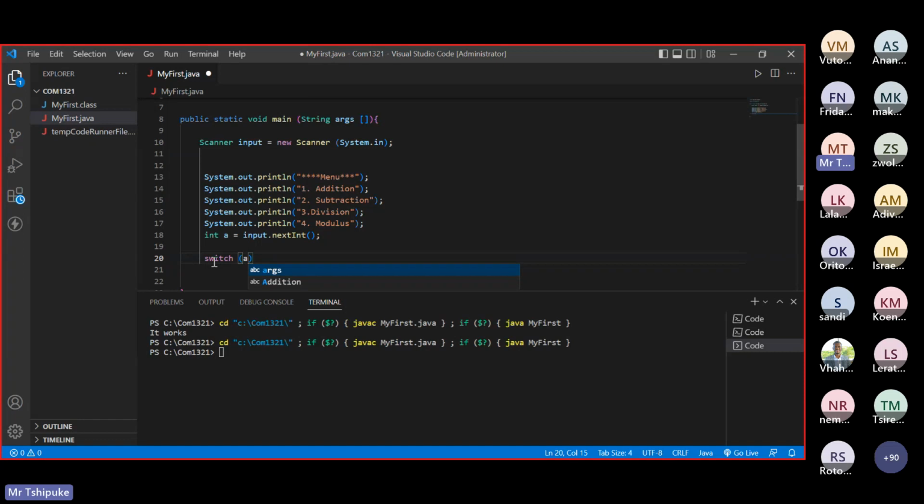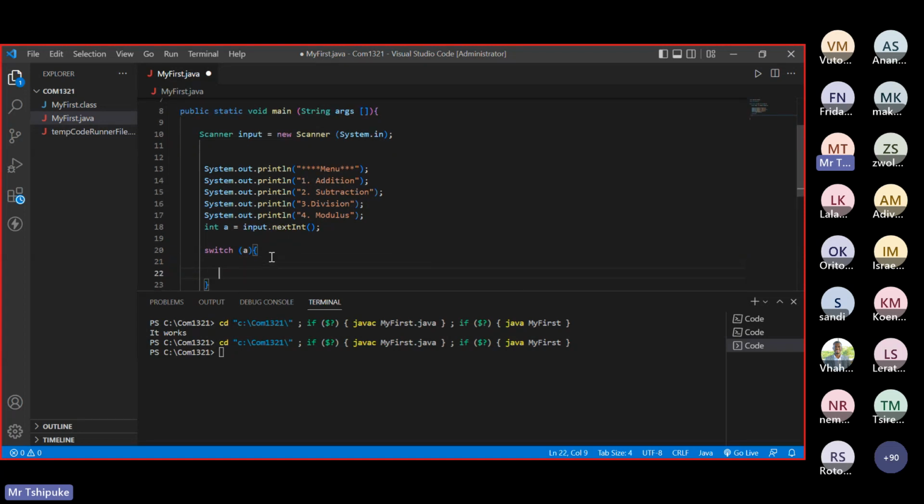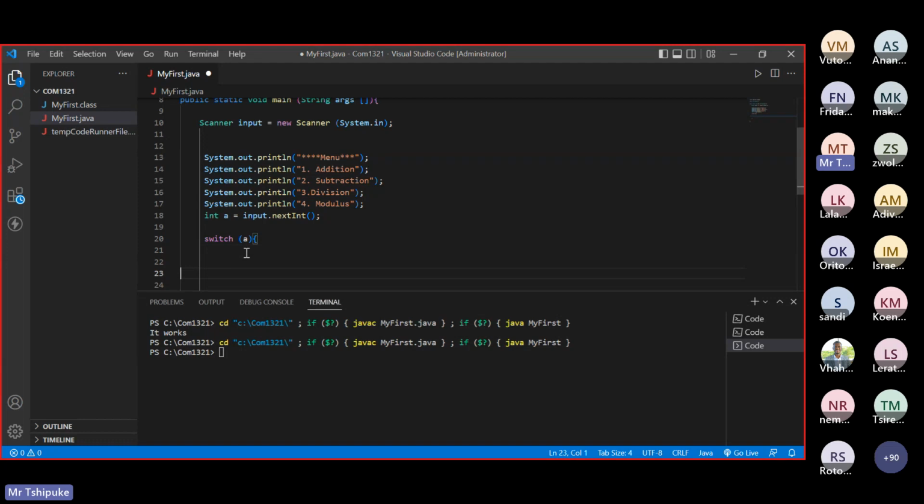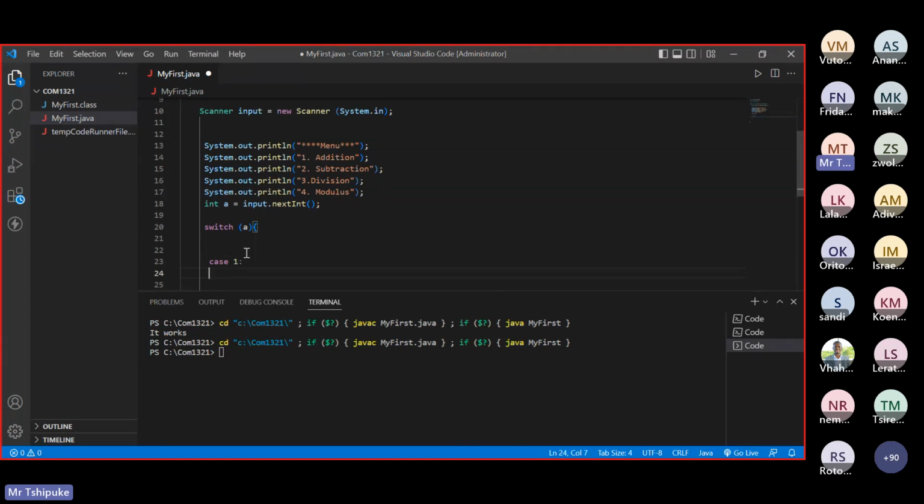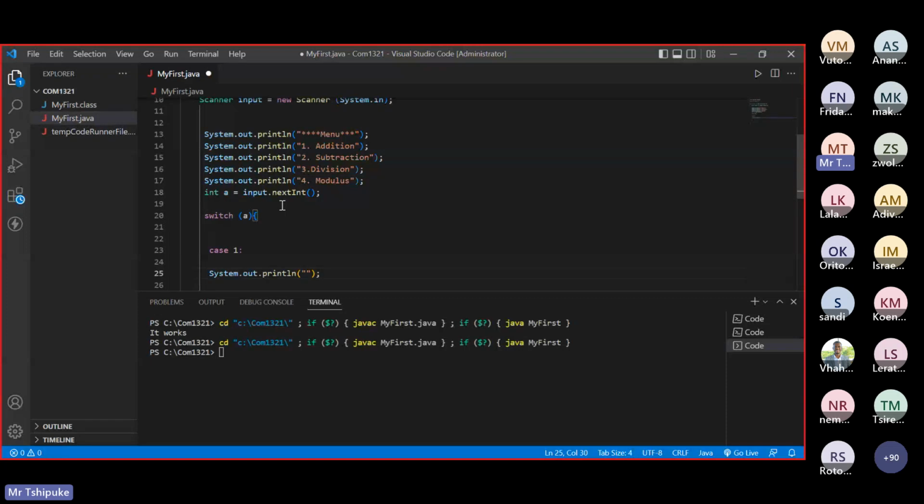So we can have switch, and then we place our value right there. Then after that we can open our curly braces just like that. Then inside a switch, based on the syntax that I just showed you guys, we must have case numbers. Then we can have case 1, then a colon, then inside the case we can just try to print something